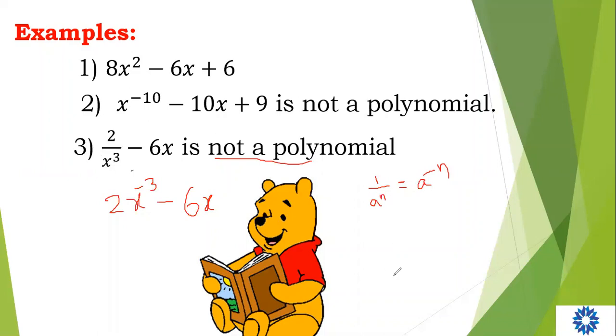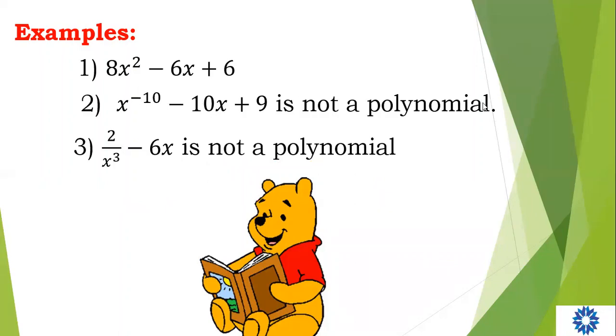If you take one more example, with a fractional power of x, for example 1 by 2 and minus 2, also not a polynomial. So the power should be a positive integer. Keep it in mind. The power is a positive integer. It is not negative and it's not a fraction also. The power is a positive integer only. It's a polynomial.